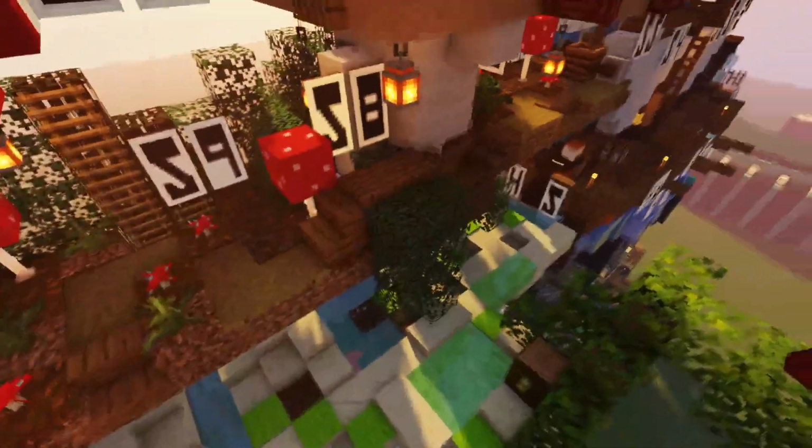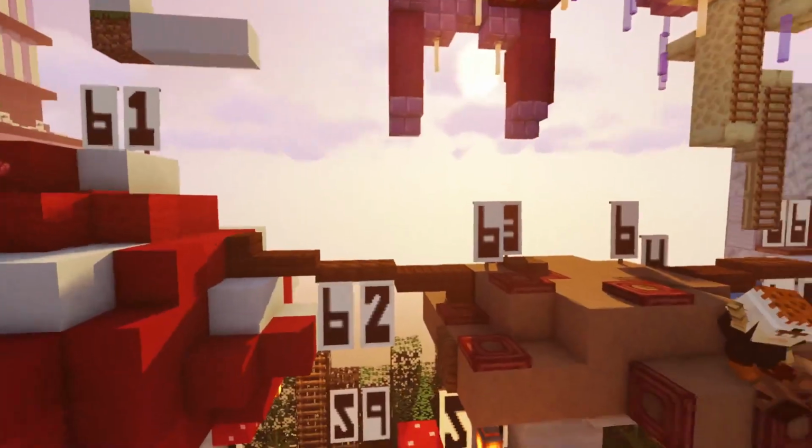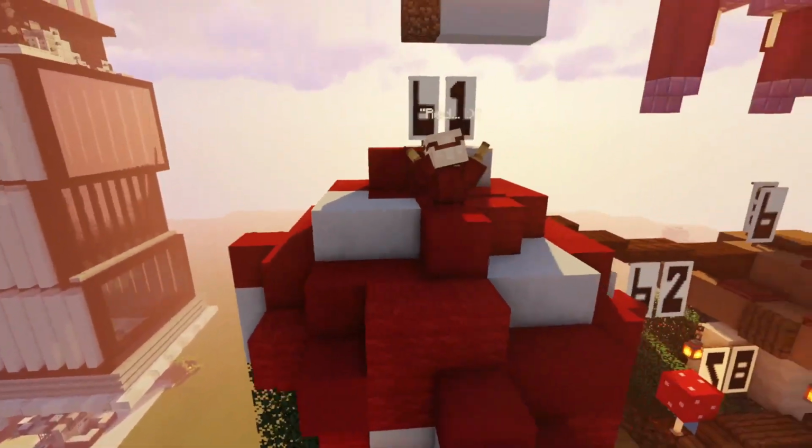One challenge that we had to keep thinking of was, if you were to land on a slime section, can you fall all the way down to the slime? So we had to keep adapting the builds to make sure that they work properly. So you'd work your way across mushroom land here, up onto the roofs of the mushrooms,